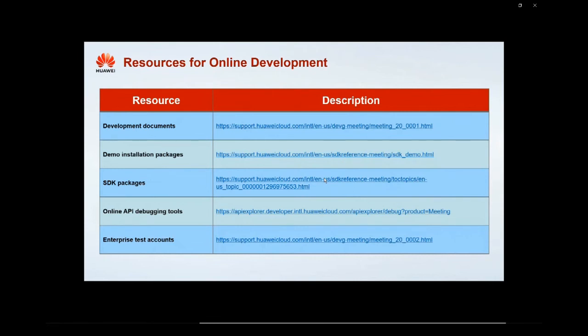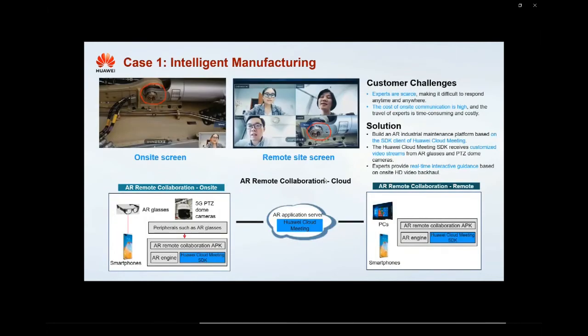Finally, let's share 2 successes of integration. This industry has the following problems. First, expert resources are scarce and it is difficult to reach them anytime and anywhere. Second, the cost of on-site communication is high and the travel of experts is time-consuming and costly.